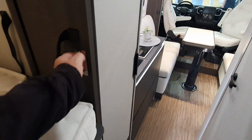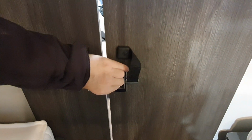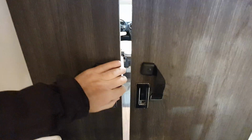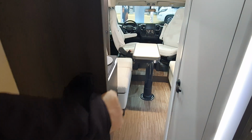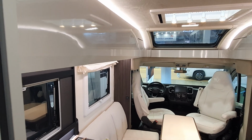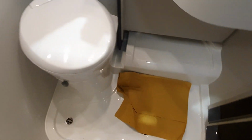And here we have got solid doors. They don't fit, but it's a Mobilvetta, so I wasn't really expecting them to fit. And this one's jammed now. Right, so, oh no, I've unjammed it. Here we've got the fridge, and on the other side we have got this,